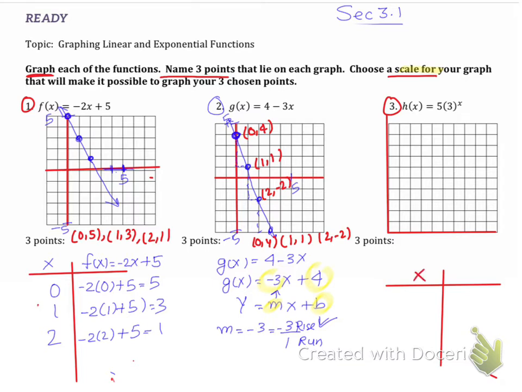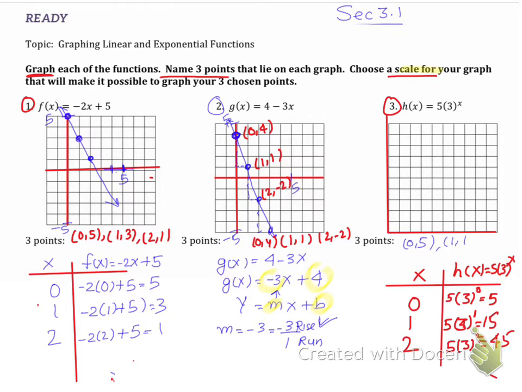That is x, this is h(x), that is 5 times 3 to the power x, and x is 0, 1, 2. When I plug in x as 0 in the equation, that gives me 5 times 3 to the power 0. That's 5. Then 5 times 3 to the power 1, that's going to be 15, and then 5 times 3 to the power 2, and that's 45. So we get our points. So here the points are basically (0, 5),